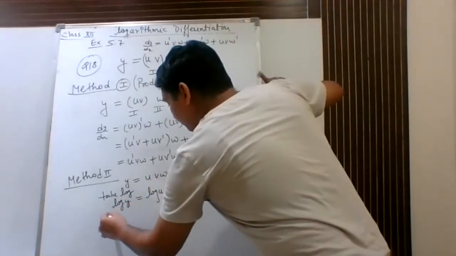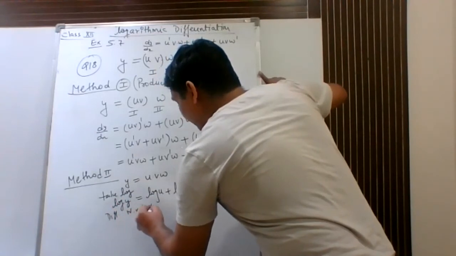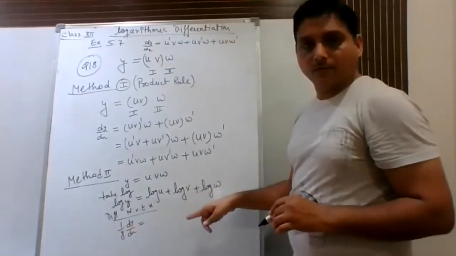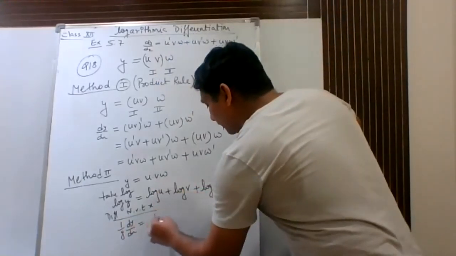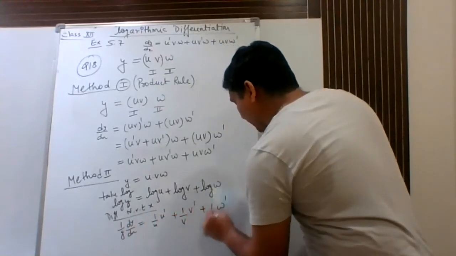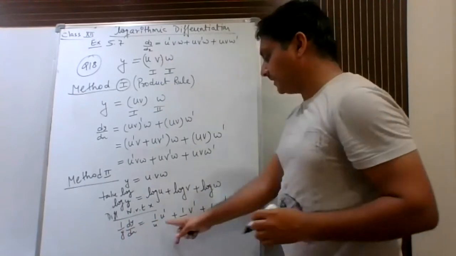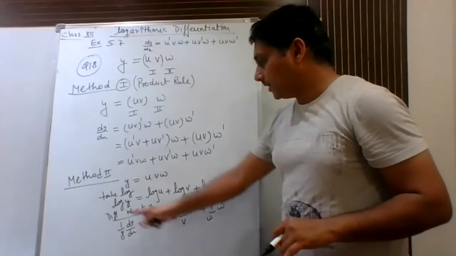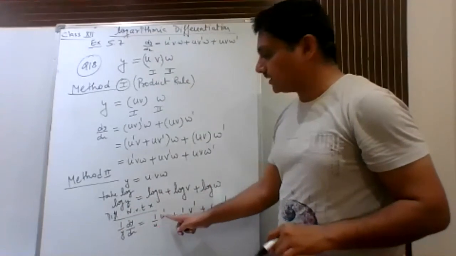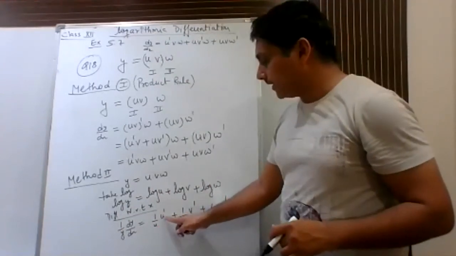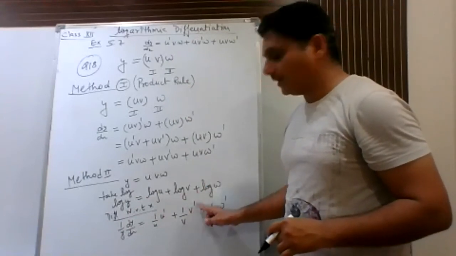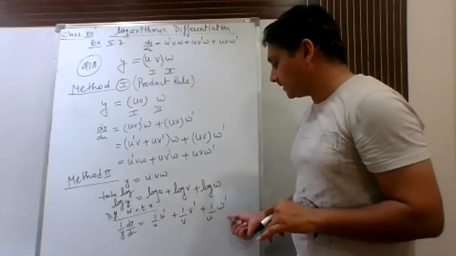Now differentiate both the sides. When you differentiate both the sides with respect to x, this will be 1 upon y dy upon dx. On this side, you will get 1 upon u u', plus 1 upon v v', 1 upon w w'. So on this right hand side, I applied chain rule. Now for this side, it will be 1 upon y dy upon dx. On this side, I am writing 1 upon u, this is du upon dx. Either you can write du upon dx or you can write u'. This one is 1 upon v v', that is dv upon dx. Similarly, this I have written.